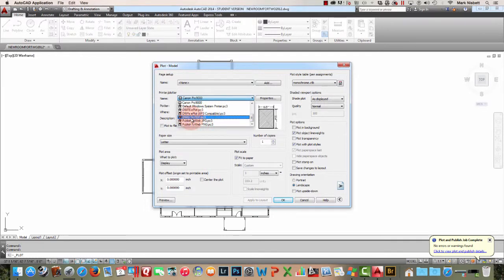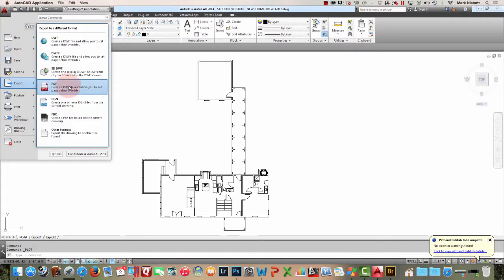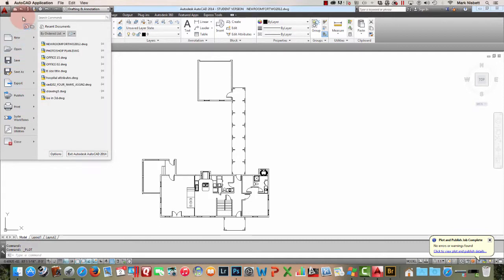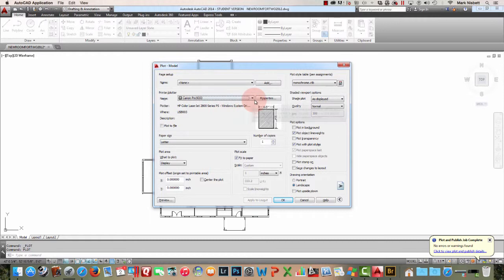The easiest method though is to actually convert your drawing to a PDF file. Now there is also up here under export, you can export your drawing as a PDF file right here. Problem with doing it this way is it doesn't always reliably create the result that we want. The better method is to use the plot command, and let's go through that together. So I'm going to go into plot, I'm going to drop this down and say drawing to PDF, and basically